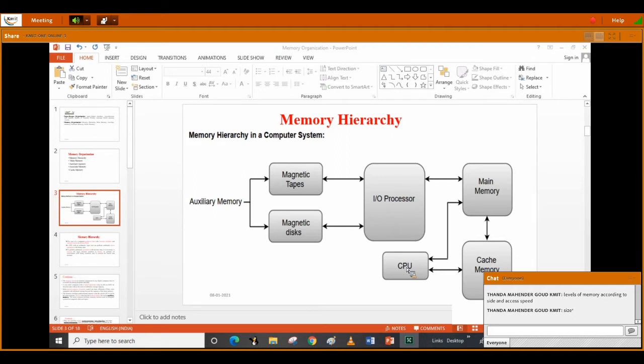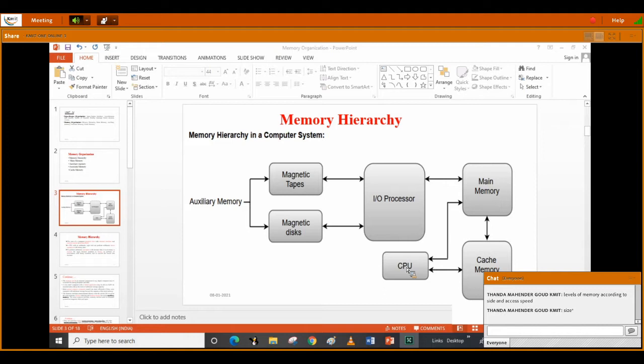During compilation, the program also resides in secondary memory, but at the time of execution the operating system or DMA transfers the program from the hard disk to main memory. Why? Because we have to execute the program. The CPU executes a program only when it resides in main memory.